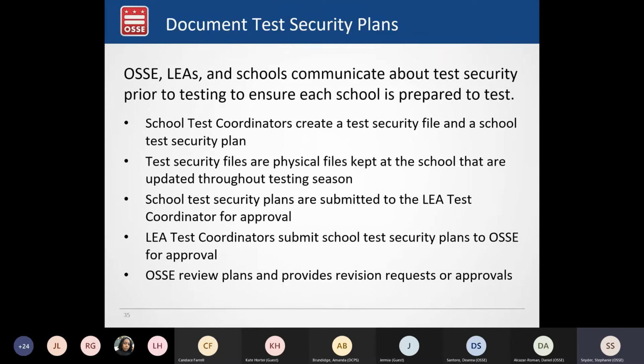Given that we know access to school buildings may be limited this year, it's okay for this year if school test coordinators keep these school test security files electronically in a folder, and then once they regain access to those school buildings, we ask that they print those and keep those hard copies printed and saved for 4 years, which is the length of time that's required by OSSI.